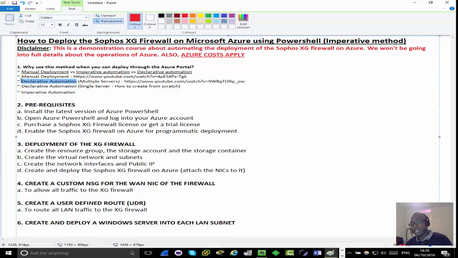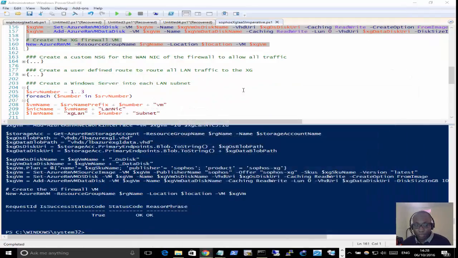But not only that, it is also much slower. So if you remember, when I did the declarative one, it only took I think about 7 minutes to get every single deployment, networks, everything done. Whereas we've been on this for a while now and we're still not done. So let's move on. So what we currently have is the XG VM already deployed